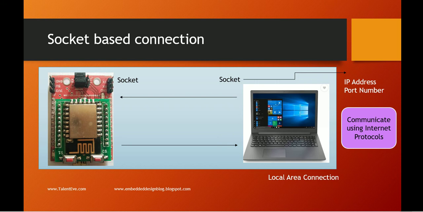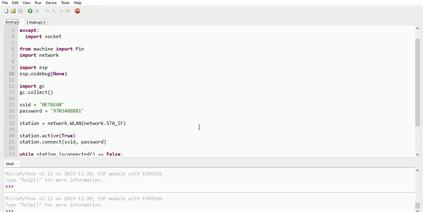So this is what we are going to do. We are all aware, right, of the other internet protocols like email. For email we use SMTP. For the web we use HTTP. So here we use HTTP to deliver the HTML page. So let us understand further using the Thonny IDE.